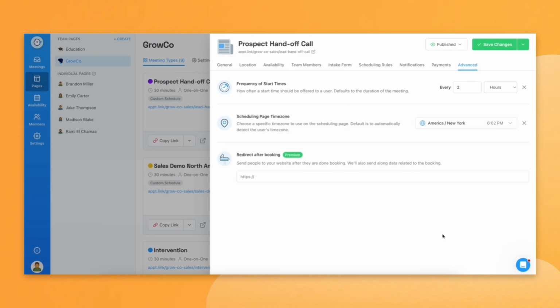This gives you and your clients plenty of flexibility, whether you need to schedule on the hour, every half hour,